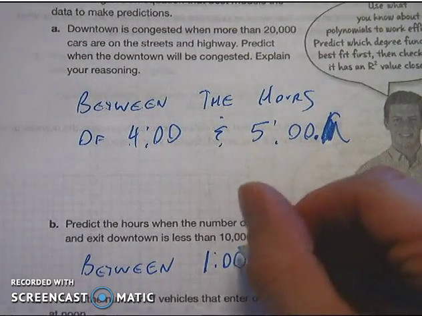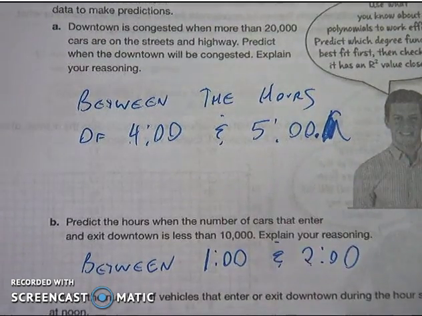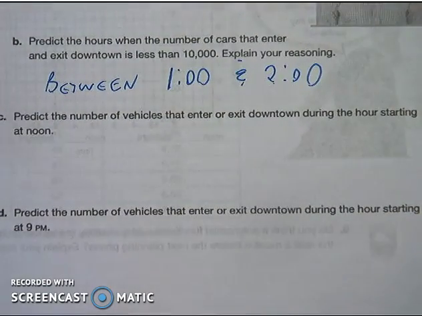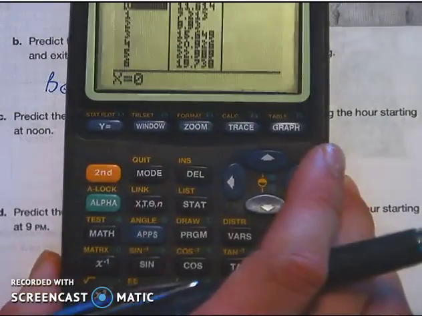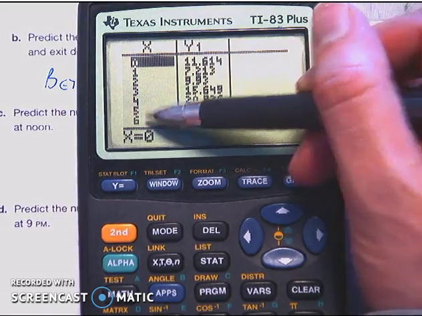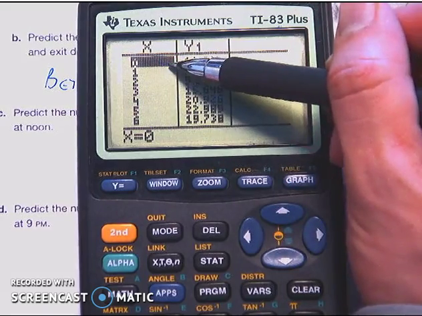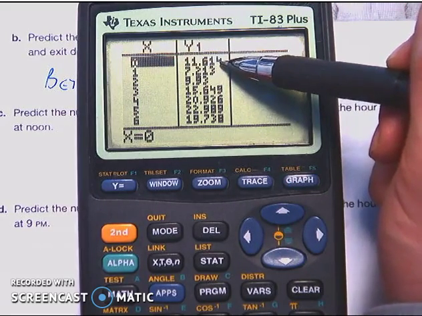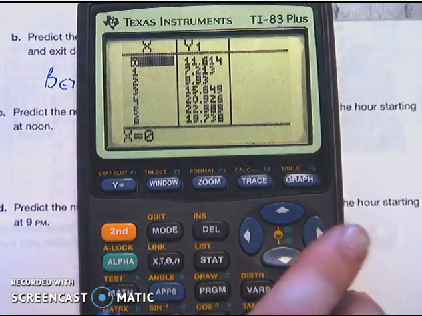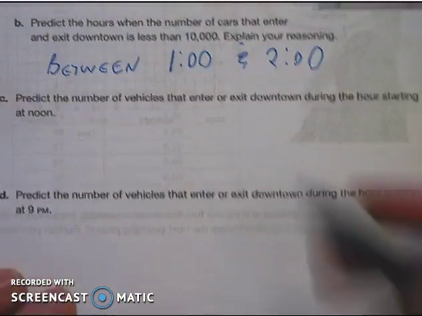All right. Let's go down to part C here. Predict the number of vehicles that enter or exit downtown during the hours starting at noon. Okay, noon. So if 1 is 1 o'clock and 2 is 2 o'clock, 6 is 6 o'clock, noon must be 0. And it looks like there's about 11,614 cars on the highway based on this model at noon. So I'm going to write that,